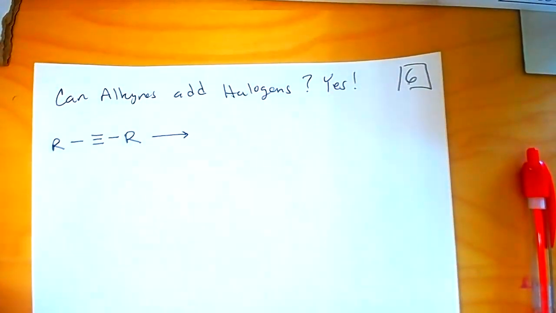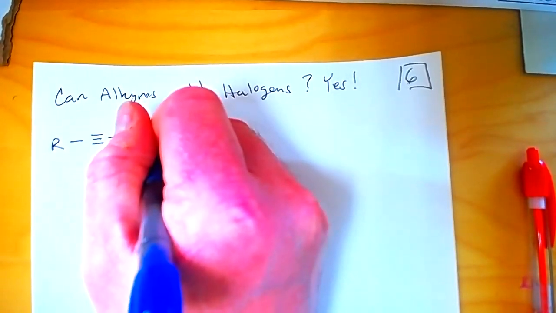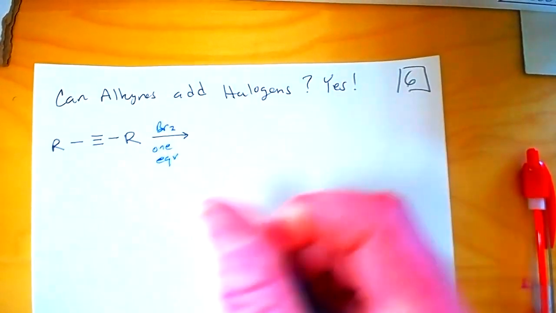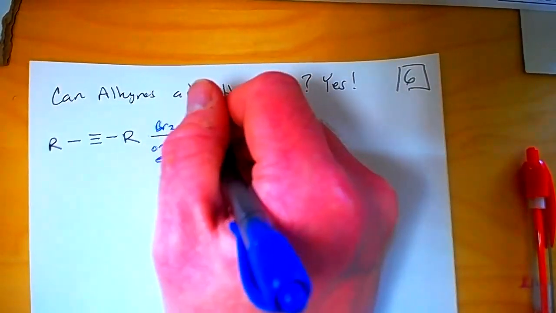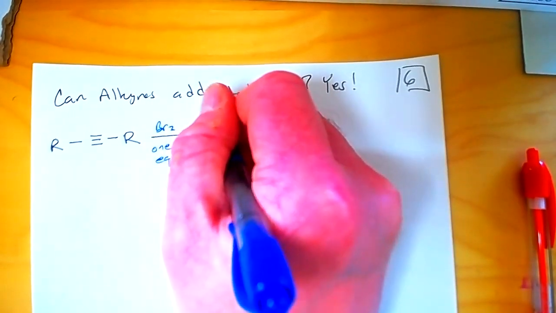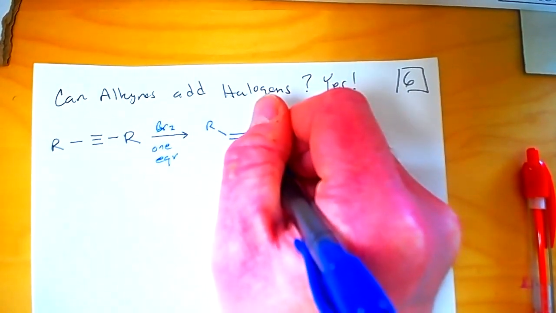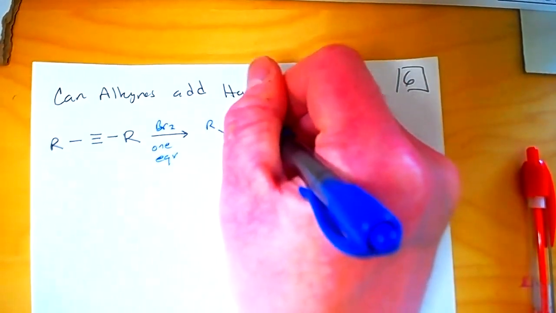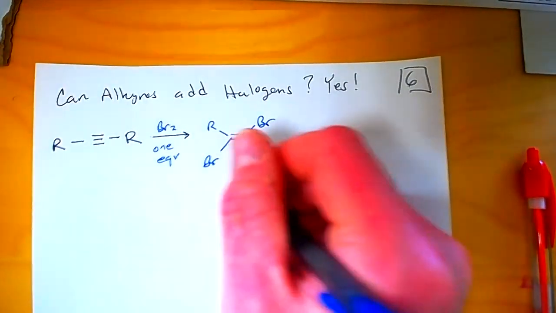So if you were to add, say, Br2, and you only used 1 mole or one equivalent of that, you would see the trans bromo compound,